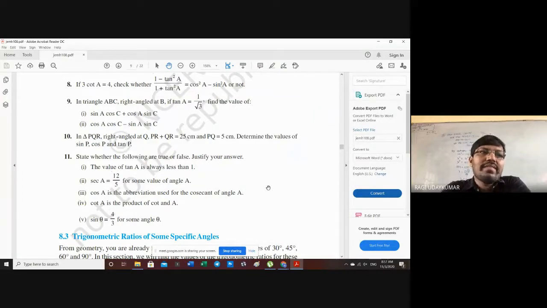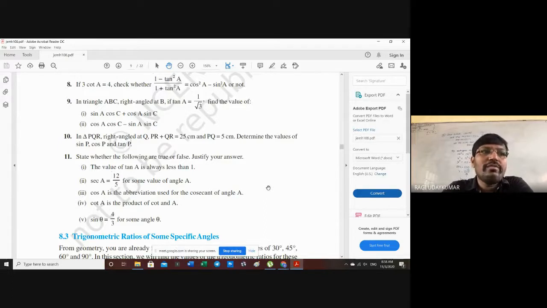So less than 1 is nothing but the numerator being less than the denominator. Tan A is nothing but opposite by adjacent. Opposite by adjacent means the hypotenuse is always more than these two other sides. But here tan A is opposite by adjacent. Opposite may be greater than the adjacent. If the numerator is less than the denominator, it is less than 1. If the numerator is greater than the denominator, it may be greater than 1 also. So you can consider that it is false.